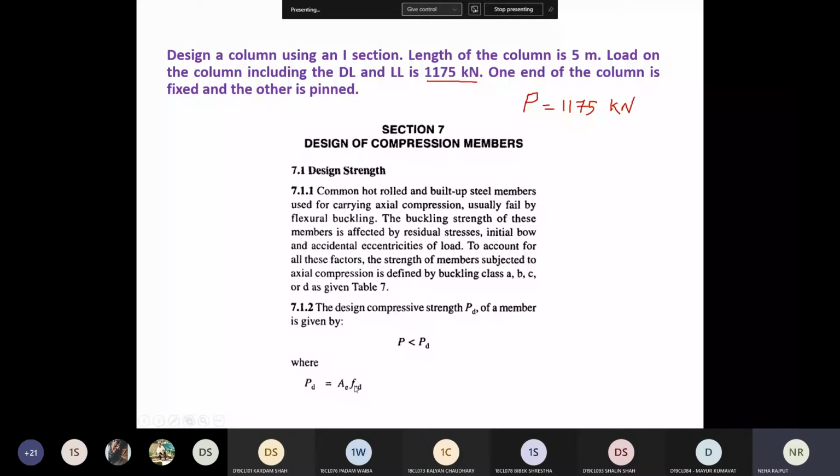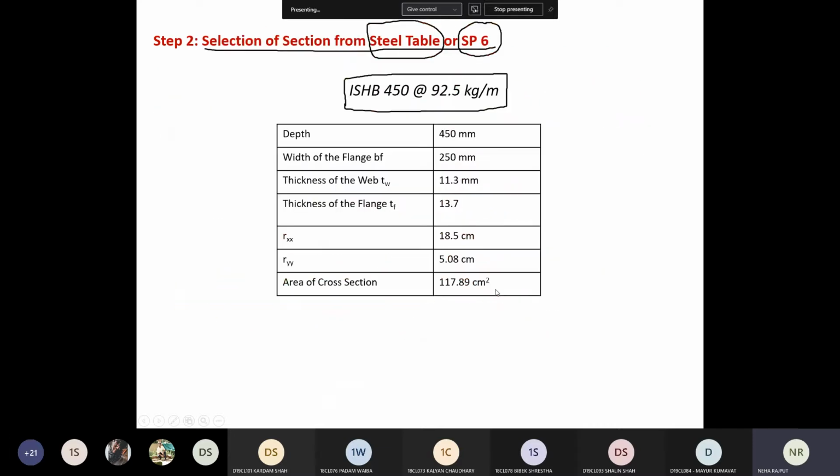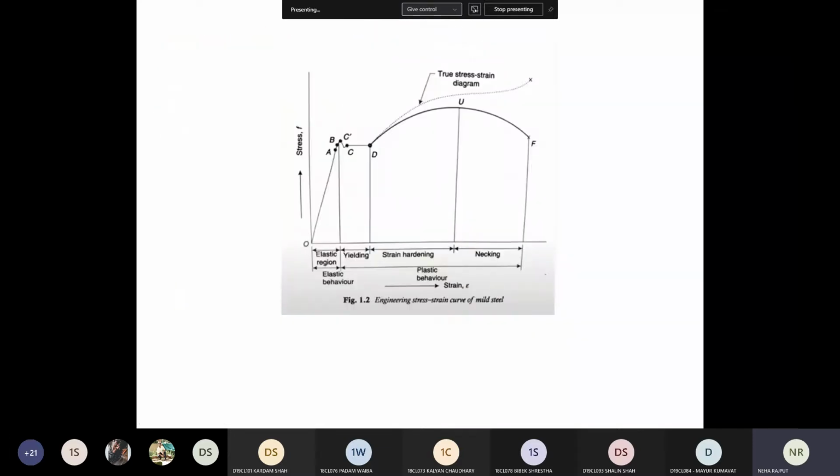So we have this AE assumption, FCD में से हमें AE मिल गया, but to get the value of correct design you require to know this buckling class A, B, C, D. So in the next 2-3 slides I am explaining what is buckling class A, B, C and D, and this is very important for this